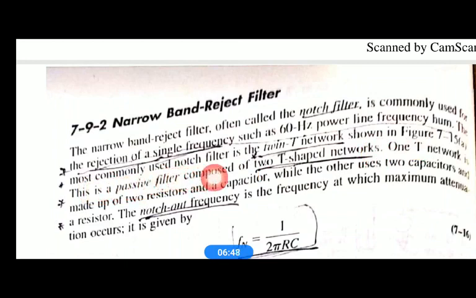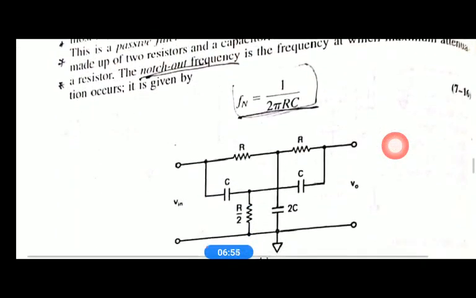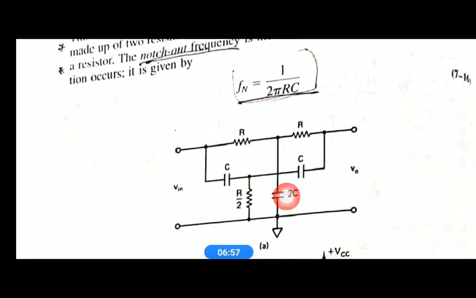The most commonly used notch filter is a twin T network filter, right? So the most commonly used notch filter is this, which we call a twin T network filter, where we are using 2 T networks. See, this is 1 T network. We are using 2 R, and this